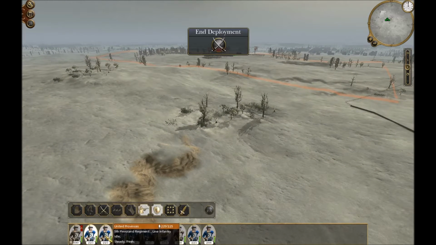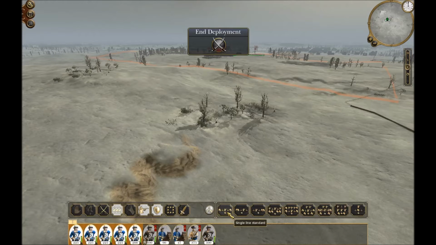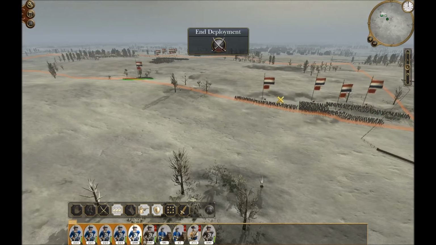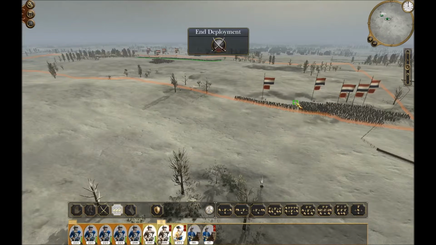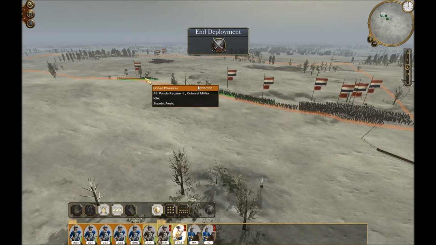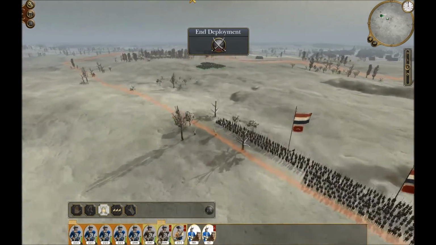So I think we're going to form up down here. The main thing is to get out of range of his artillery as quickly as possible. Can't seem to get them as far back as I want them to. I've renamed a lot of the units. They tie up more with the areas of...